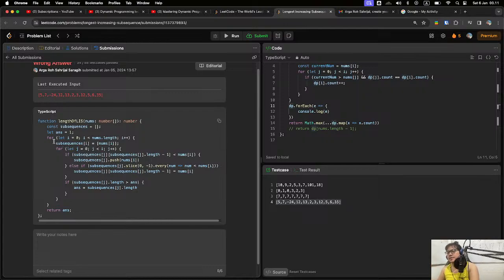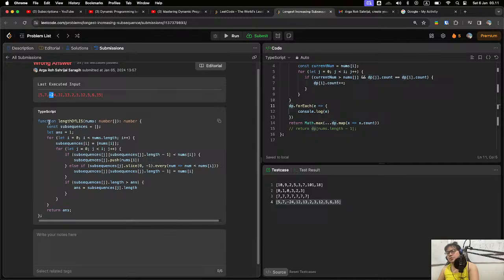So my idea is, in each position, like the zero index, the first index, second index, and so on, for each index I keep track of the subsequences that are possible.